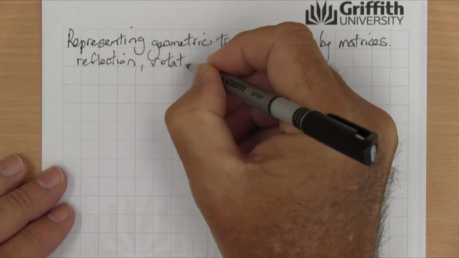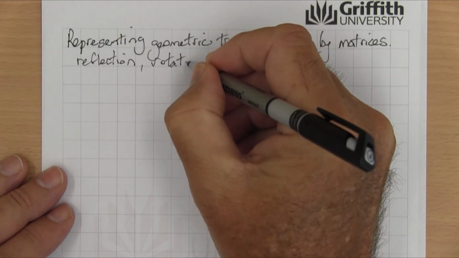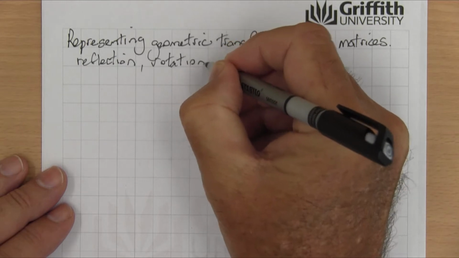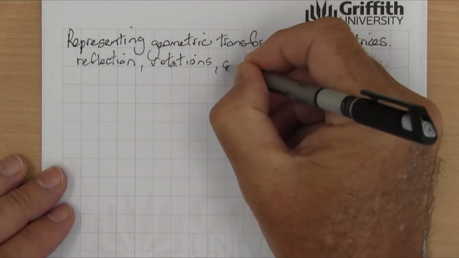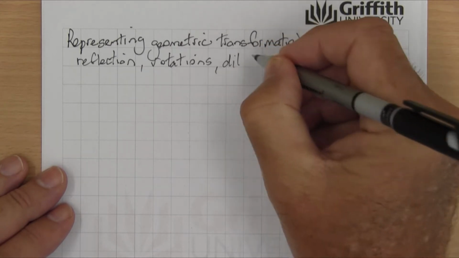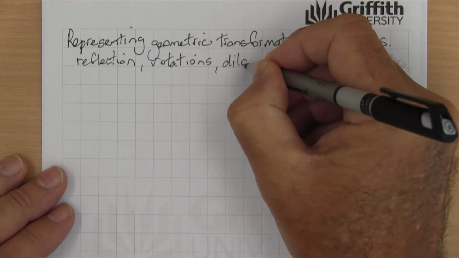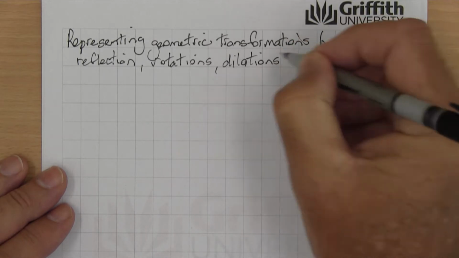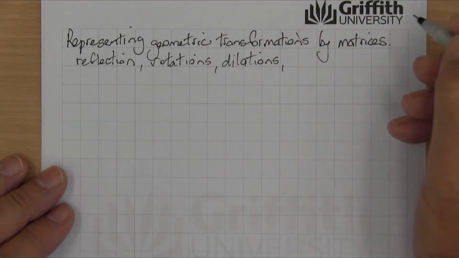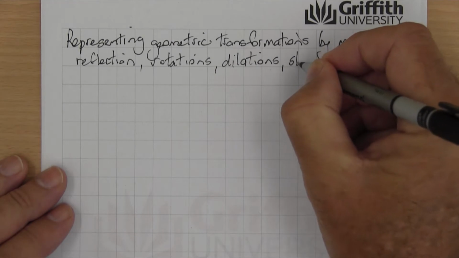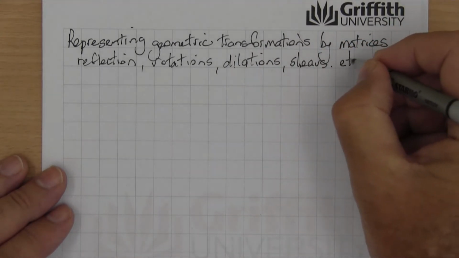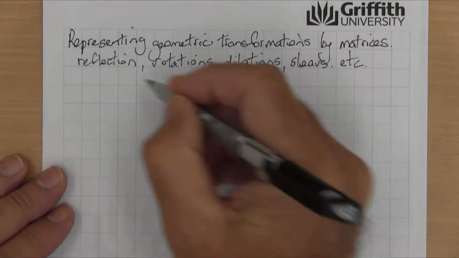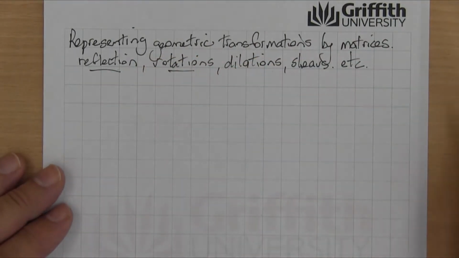Rotations are another common one. Dilations, where things are reduced in size. Magnifications, shears, etc. There's quite a few transformations. We're only going to deal here with reflections and rotations, and maybe having a look at a little bit of